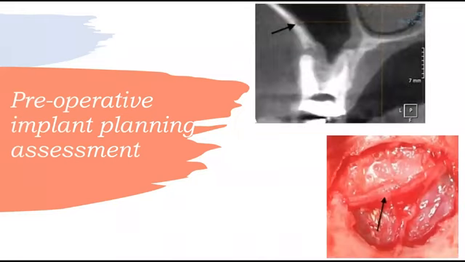The preoperative implant planning considerations include the alveolar bone grafting needs for prediction of complications using panoramic versus CBCT images. In the picture on the top, the CBCT shows the position of the posterior superior alveolar artery and the middle superior alveolar artery before creating the lateral window into the maxillary sinus. And the picture on the bottom shows the artery during the sinus lift procedure, located 15 millimeters from the alveolar crest as diagnosed using CBCT.